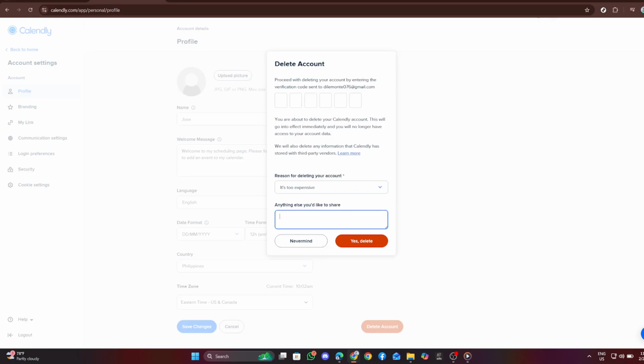Finally, click on the button that says Yes, Delete. This action will confirm your request to delete the account. You might see a confirmation message indicating that your account deletion is in progress, and it may take a moment